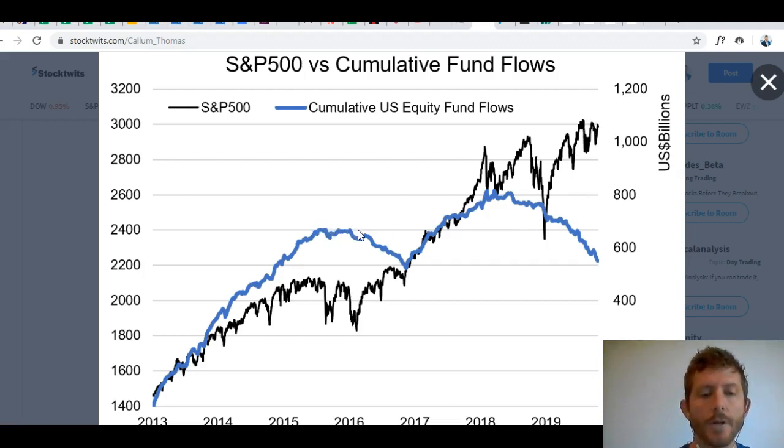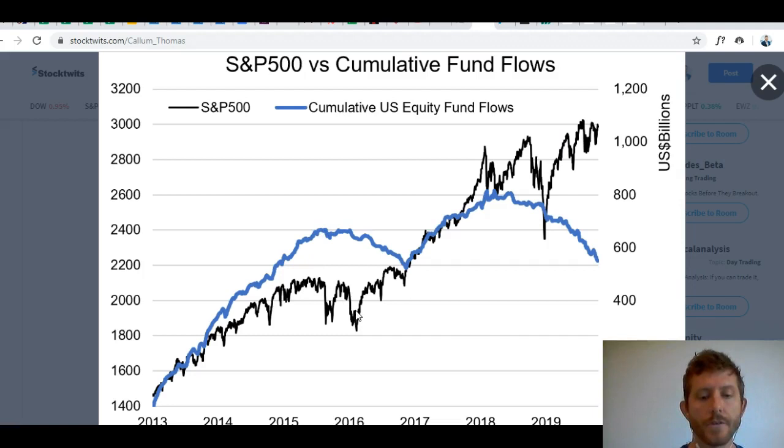Similarly to how we did over here. This was a little bit bigger of a disconnect just recently. You can see as people right now have a lot of cash on the sidelines. You can see the last time this happened, this led to much higher prices in the stock market. The difference here, and this is what makes what we're seeing right now so much more bullish than this last time,